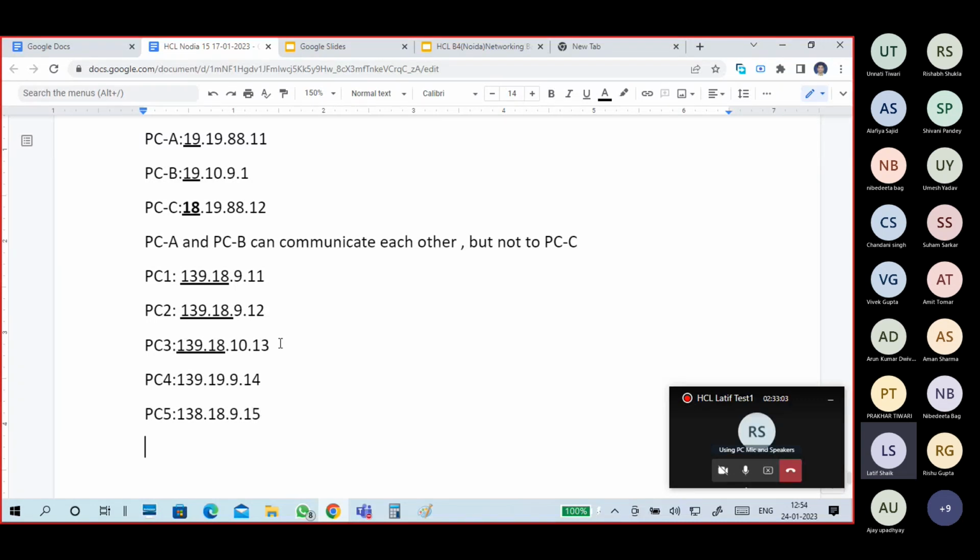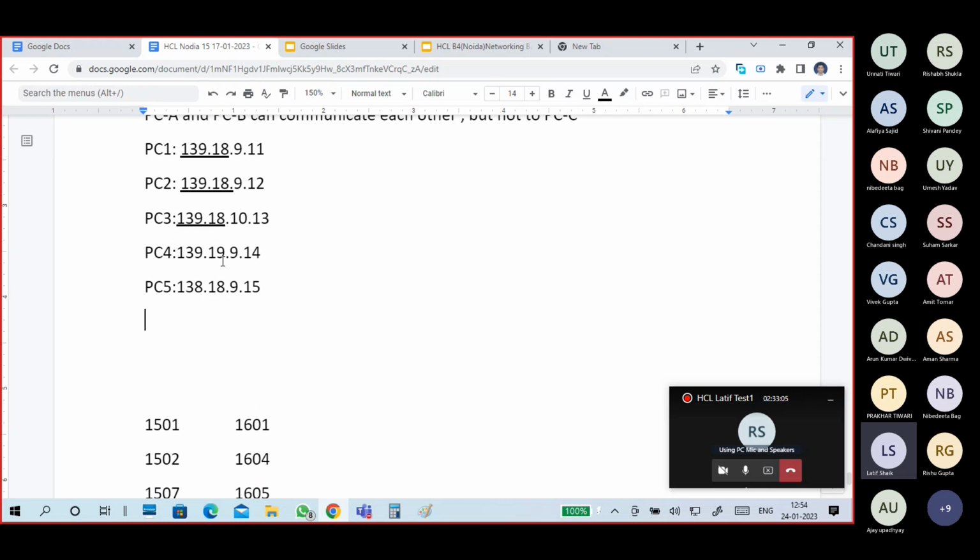So by mistake, sometimes this happens. Look here: this is the network portion. But if you compare with these three, where is the difference? This is different, and this is different. If any one network portion is different,